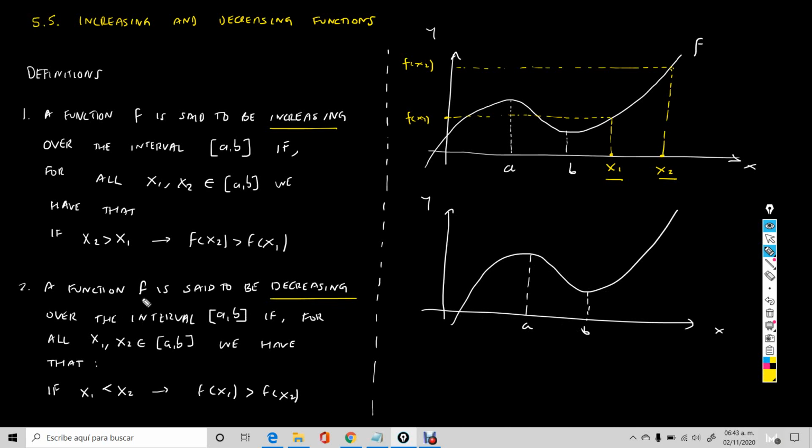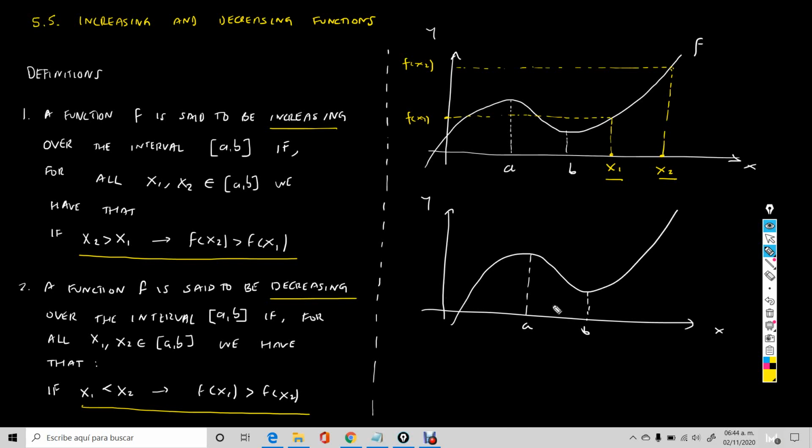What does it say? A function f is said to be decreasing over the interval ab if for all x1 and x2 in such interval ab we have that if x1 is less than x2, then f of x1 is greater than f of x2. Pay a lot of attention, guys, to these two statements because they are different. They are different only in this greater or lesser sign,